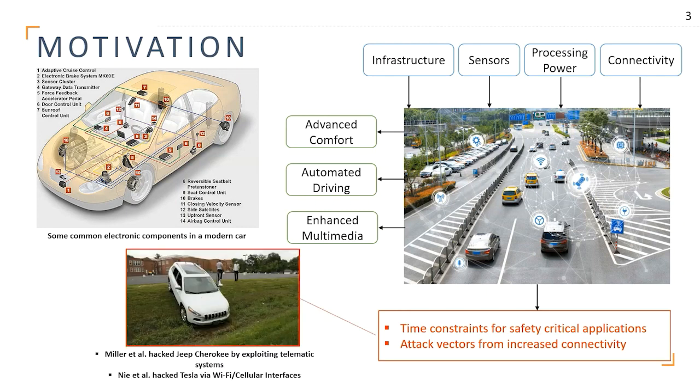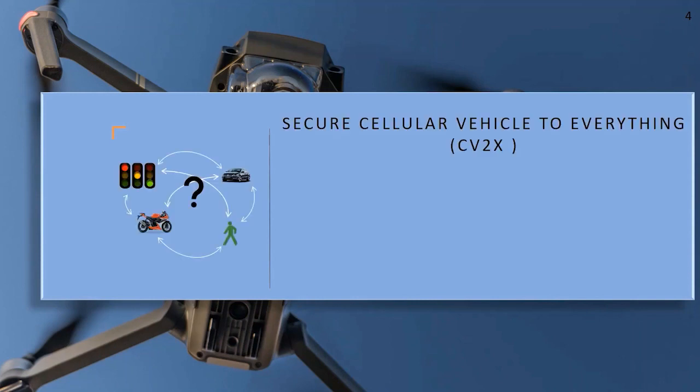Just to shed a light into the matter, prior works on Jeep and Tesla have shown that new attack surfaces can be compromised to pose threat to both life and property. One such popular connectivity framework is the Cellular Vehicle to Everything or CV2X framework, wherein we need to find a